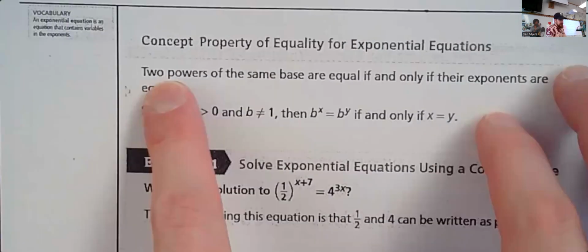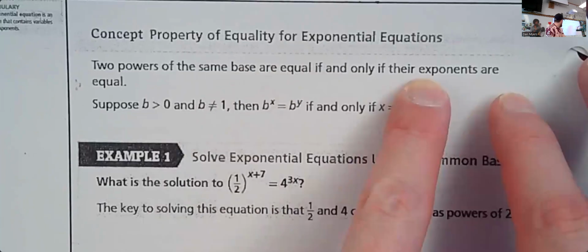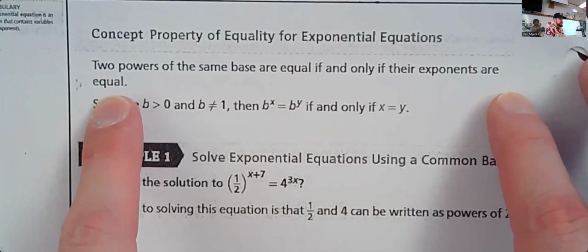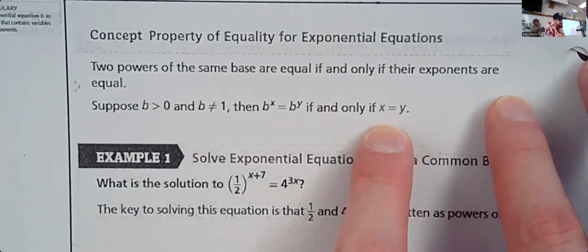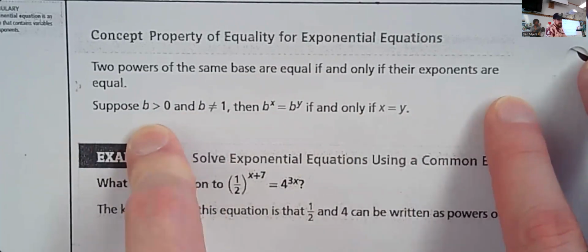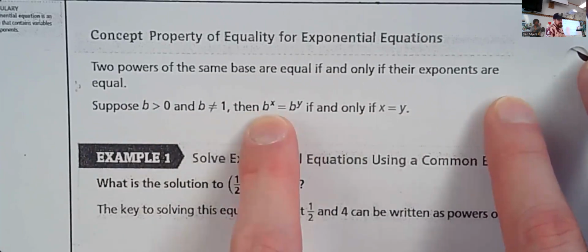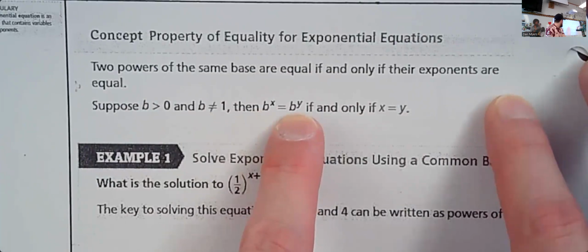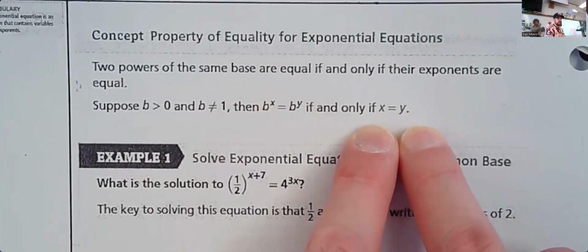This one says that two powers of the same base are equal if and only if their exponents are equal. And then there's some stipulations around what's going on here. But it says if you have a base value that's greater than 0 and not equal to 1, then if you have two base values taken to exponents that are equivalent, that means that the exponents are equivalent. So for example,